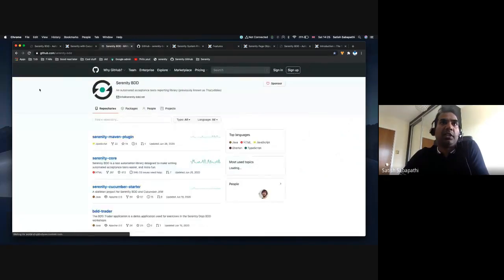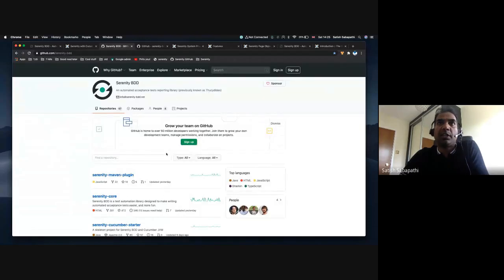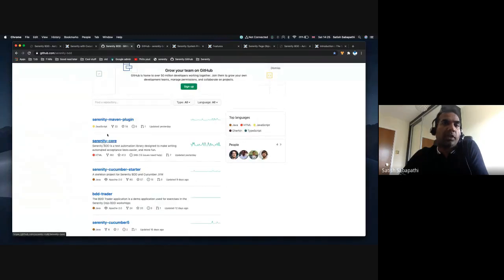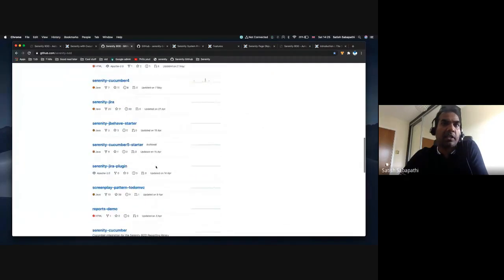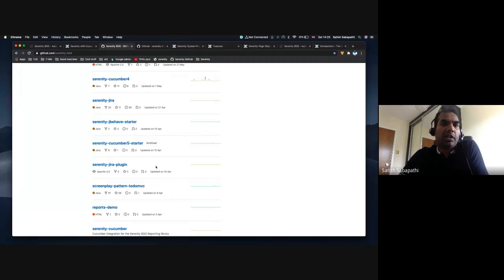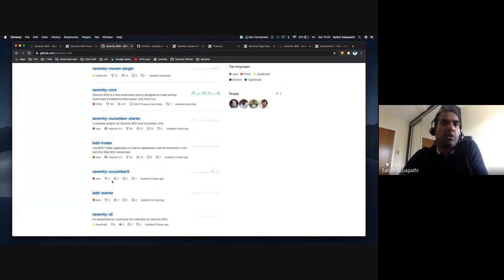So this is the Serenity BDD GitHub site, where you will find the actual framework, as well as the sample tests and things like that. It is very, very easy. If you just download one of the samples from there and get started with it, you can always work from backwards. So basically, you just take a framework, everything is there, you play with it, and then you start learning